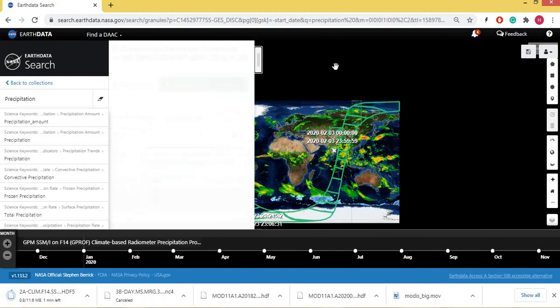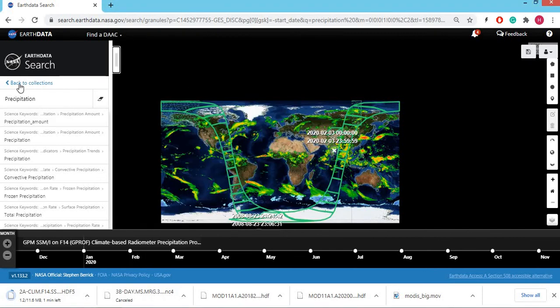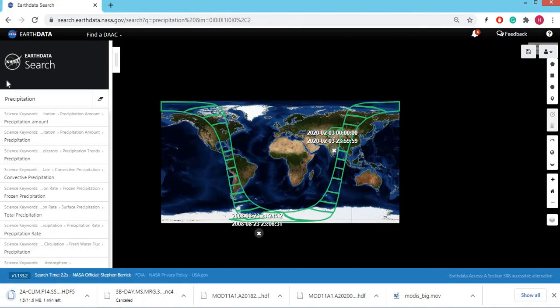So in this way you can download the satellite data by searching the parameter like temperature, precipitation, rainfall, carbon dioxide and so on. Or if you want to get precise data, then you just have to Google the desired satellite, its bands and the product against each parameter. Then you can select the data.